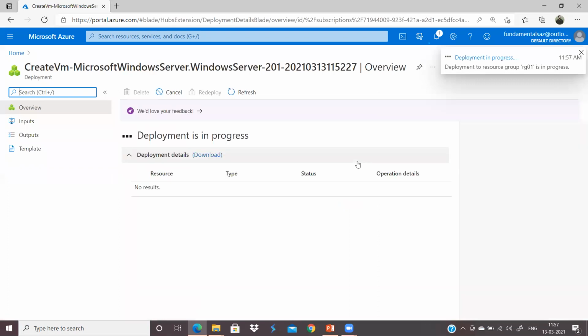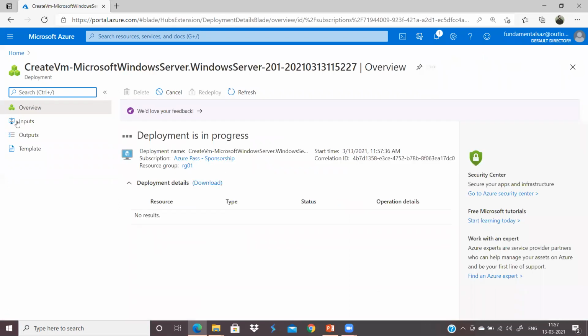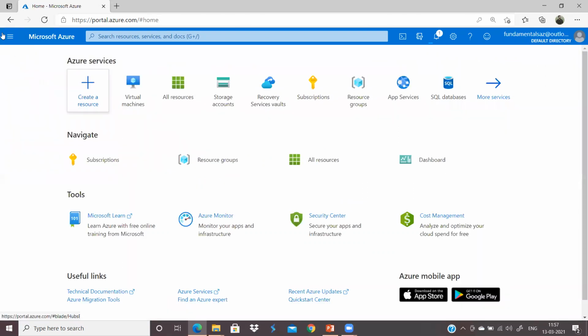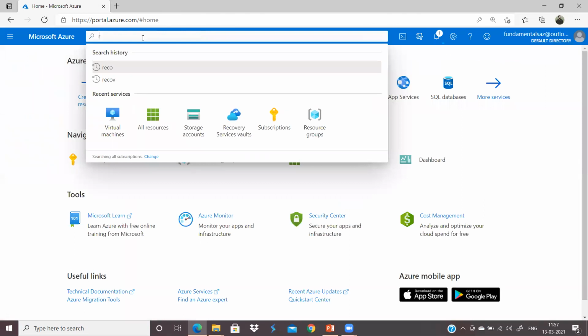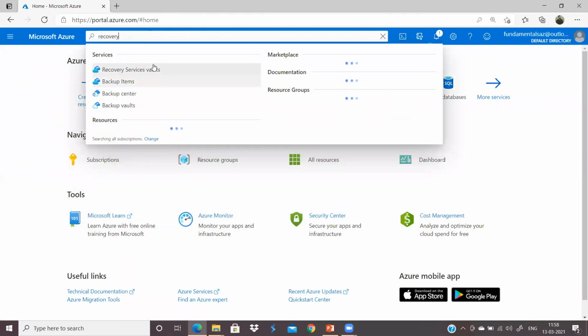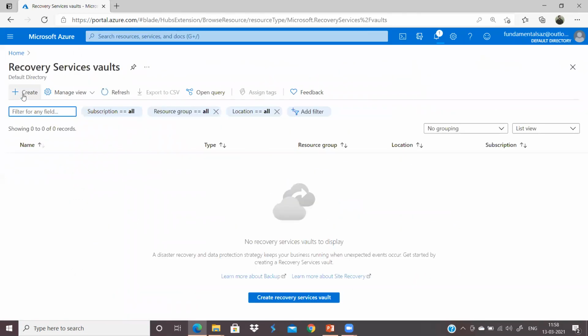So basically it is creating your virtual machine. And in the meanwhile, I will create the recovery services vault. So here you can simply type recovery services vault. You can find it here, right? So I can click on create,